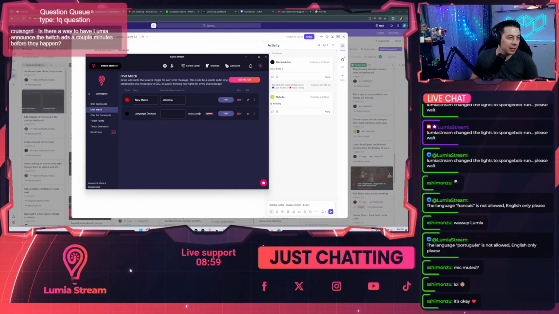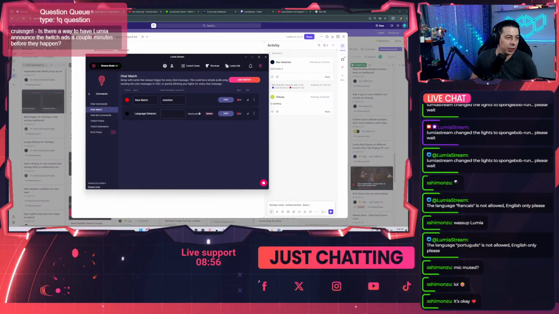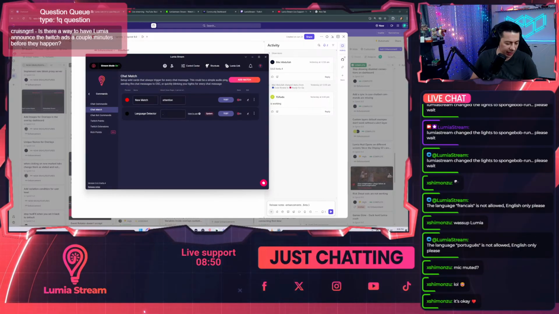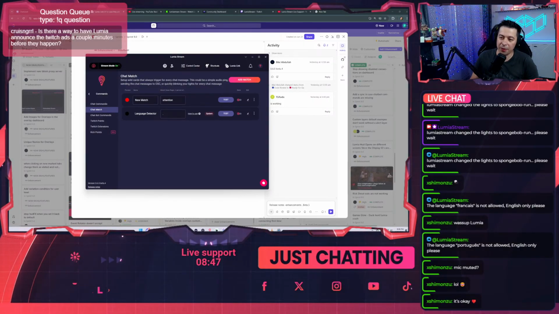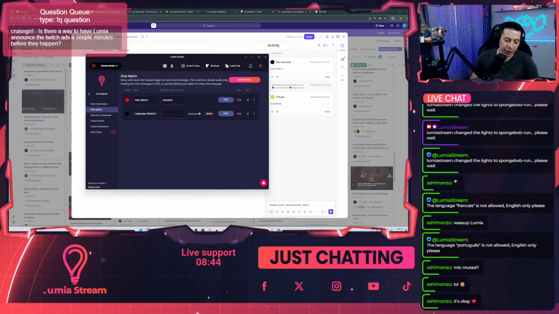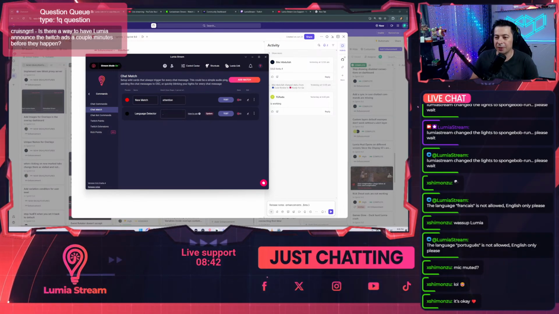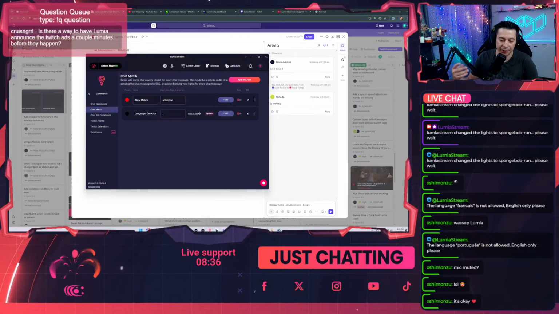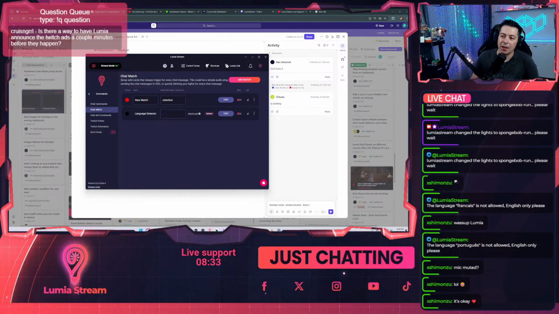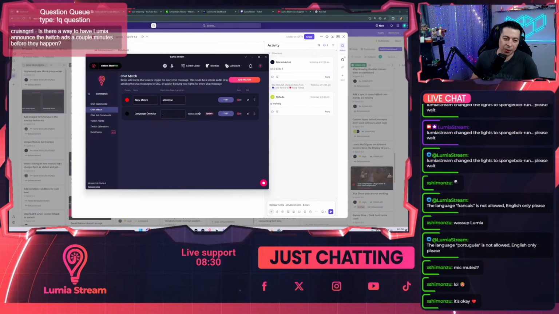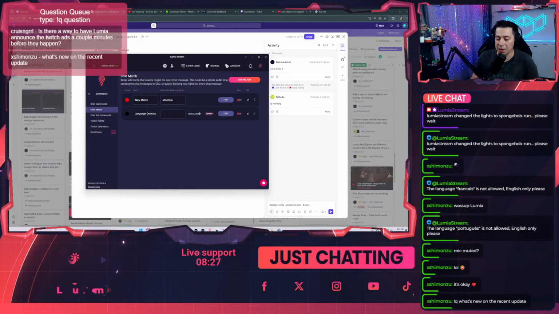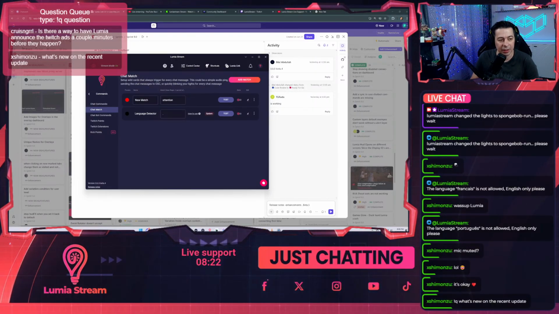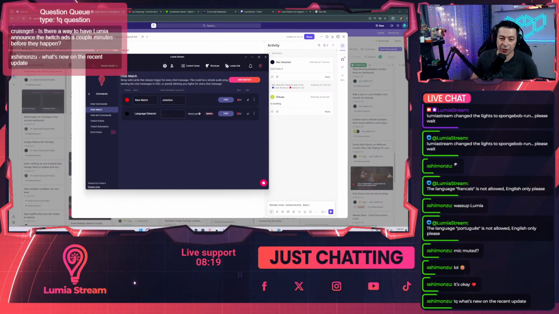So, is there a way to have Lumia announce the Twitch ads a couple of minutes before they happen? Yes and no. It will not gonna automatically work. But for example, if you are always triggering your ads at a regular interval, for example, if you place ads to go every half an hour, then yes, you can alert after 25 minutes that hey, ads will gonna happen in 5 minutes, and you can actually show that.